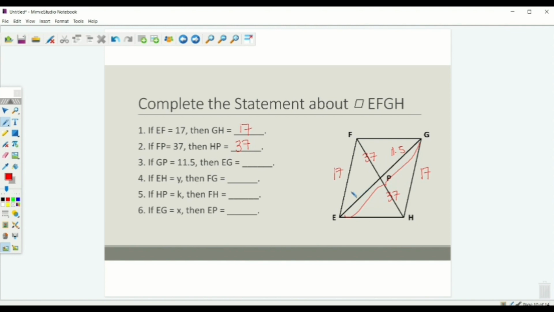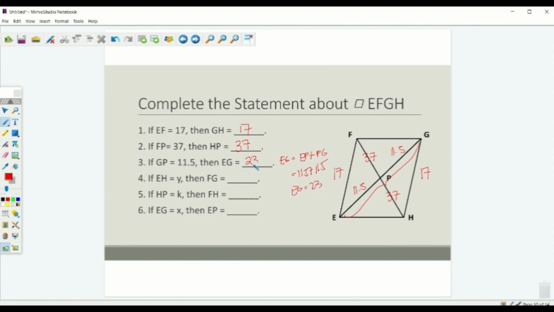So if this is 11.5, EP is also 11.5. So the question is, what is now the measure of EG? The measure of EG can be obtained by simply adding these two parts. We have EP plus PG. So 11.5 plus 11.5, the answer is